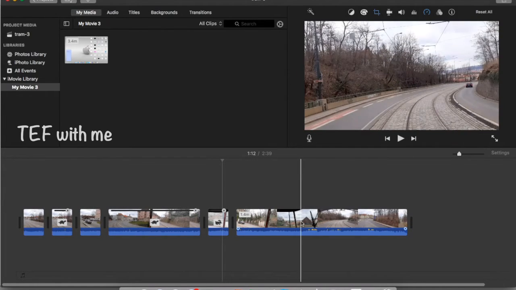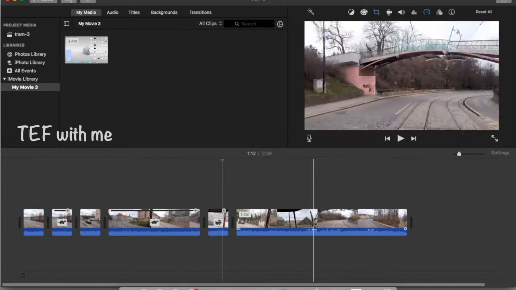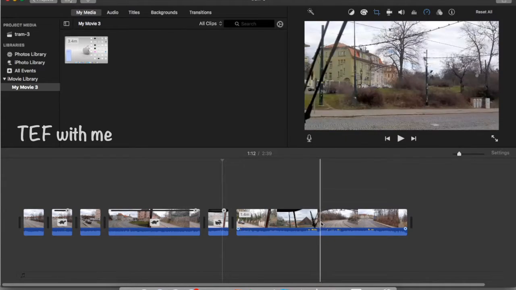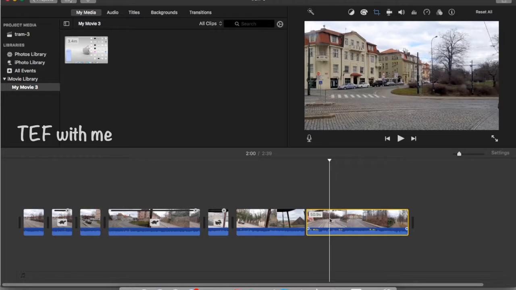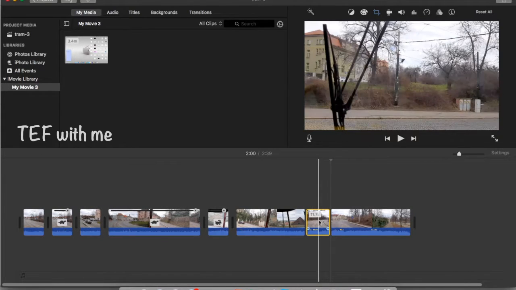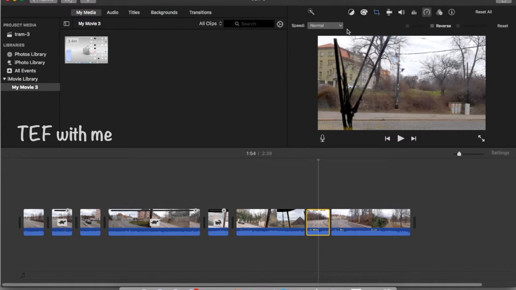Suppose I want to freeze this particular part, for example, from here to here. Just place the cursor here, again go here, and choose freeze frame.